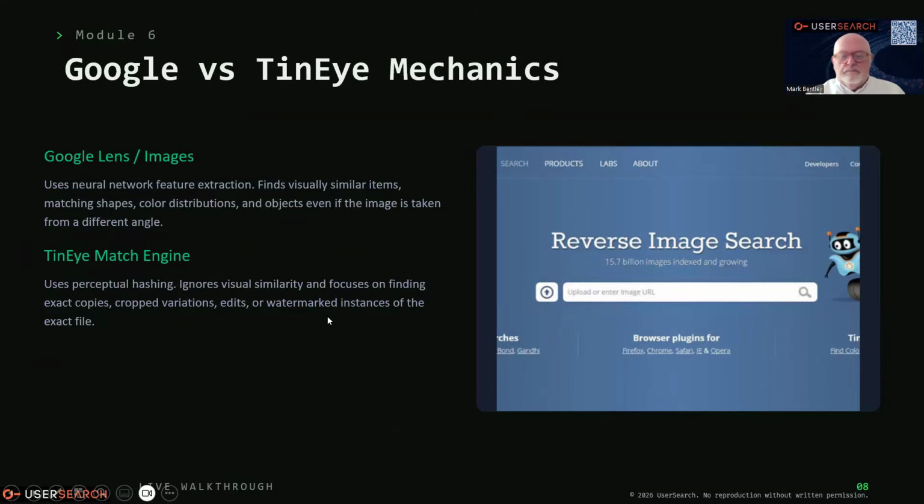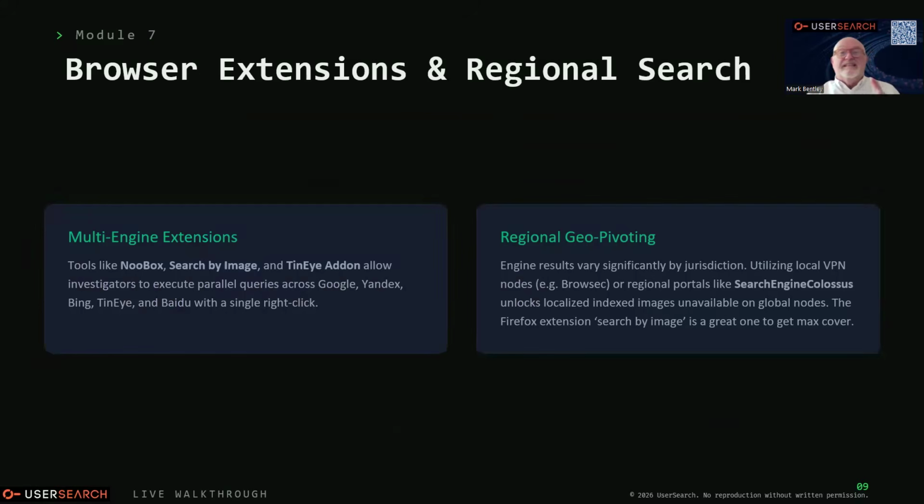So I don't need to show you Google Lens. We're all familiar with Google Lens. Browser extensions. Let's think about browser extensions now. So there's browser extensions like Search by Image, it's a really useful one. Search by Image searches the top 10 biggest image databases in the world, and you use it in Firefox, and it's a little red camera. Go to the extensions and look for Search by Image, and it'll search all the major ones: Baidu, Yandex, Google, everything. You have to upload it.